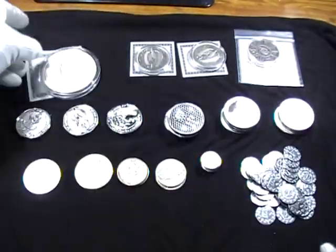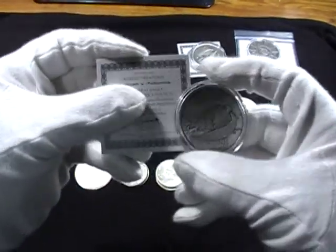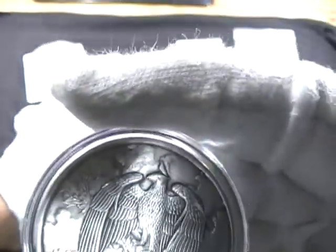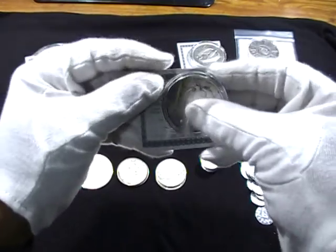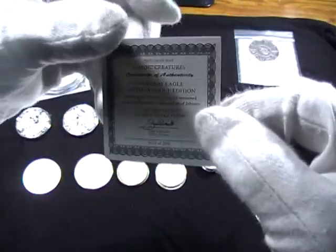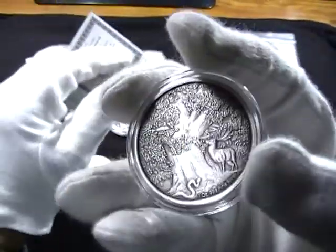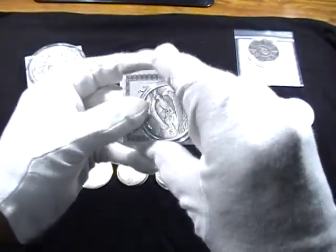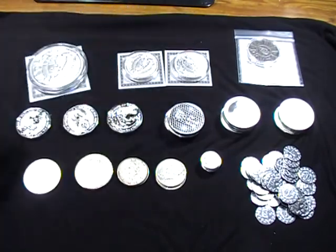So I jumped on this one pretty early and purchased that from Provident Metals. And here are the 1-ounce varieties of the same round. Number 29 of 2000 and number 28 of 2000. So they didn't quite get all the Nordic Creatures that I had hoped that they would, but well, I guess they did what they could, and I guess they're going to move on to something else now, and so shall